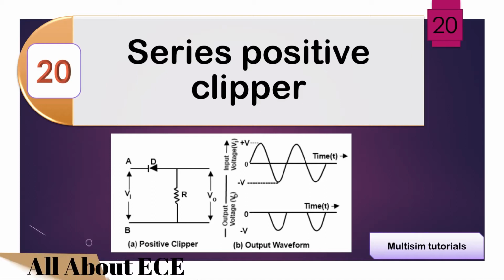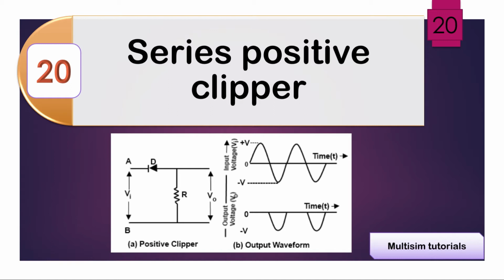Welcome to the new session. In this session, we are going to discuss a new topic called Clipper circuits. In the upcoming sessions, we will cover the same Clipper circuit with positive and negative, with biasing and non-biasing. In the future lectures it will be the positive bias, negative bias, with shunt, with parallel, series. All these things you are going to learn in this series.